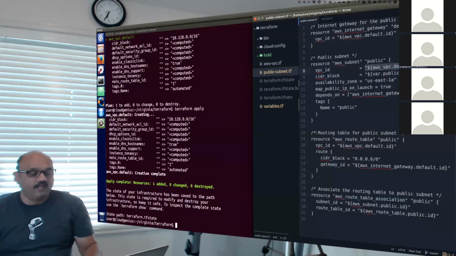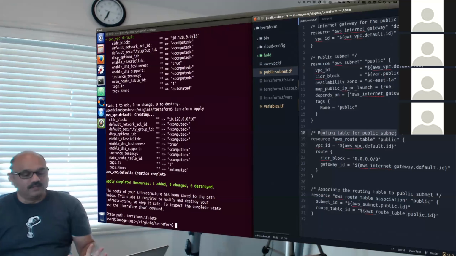Next is our routing table for the public subnet. When we have a subnet, we also want to create a routing table for it. So we are saying, please get me a routing table for public and associate it with the automated VPC, not the default VPC.